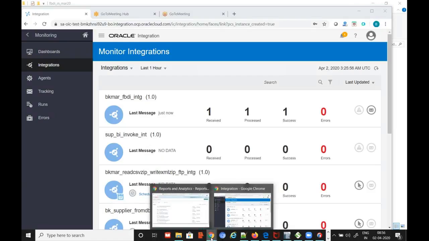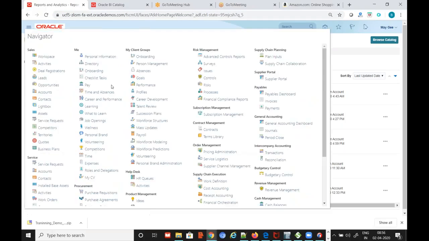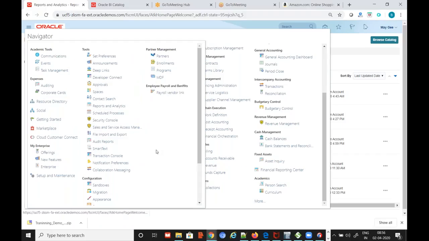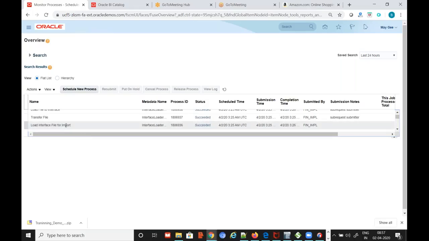So let us go to Fusion applications, and what I will do is manually check for now. Schedule process. So most probably the latest one right here is ours. I'm just taking a wild guess. If you see here, load file interface file import, this will be ours. This has actually succeeded now. You can see that. And if you want to check the data, then you have to go to